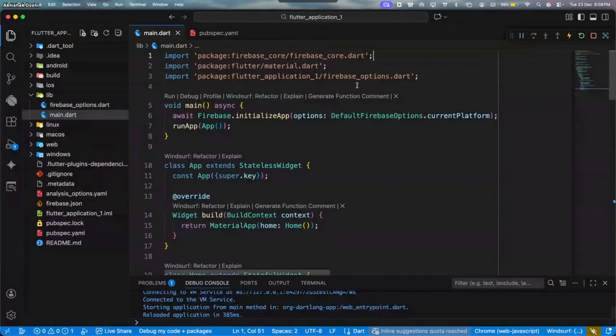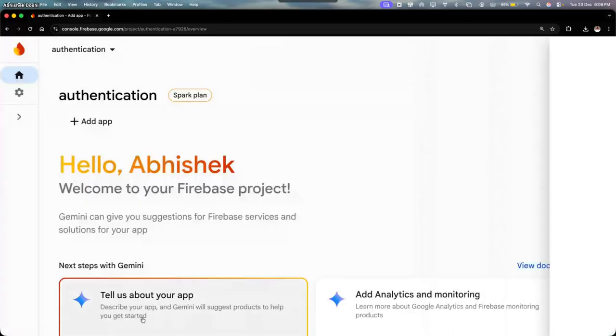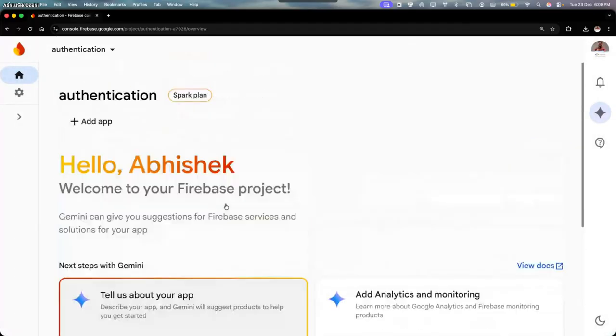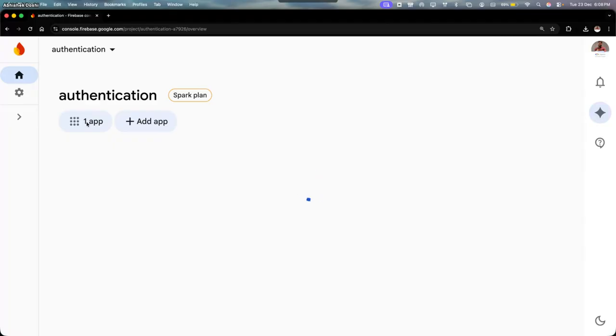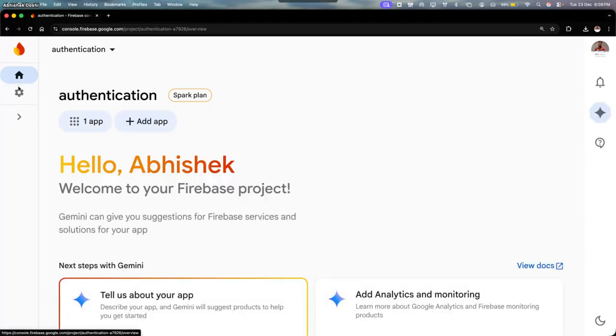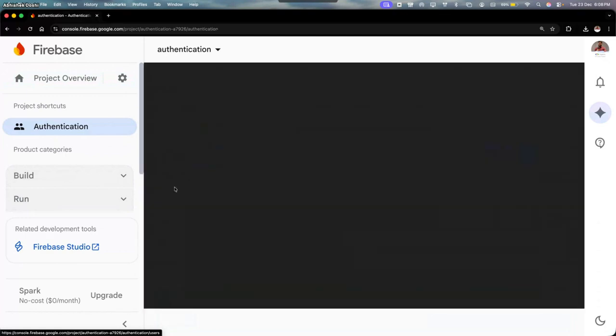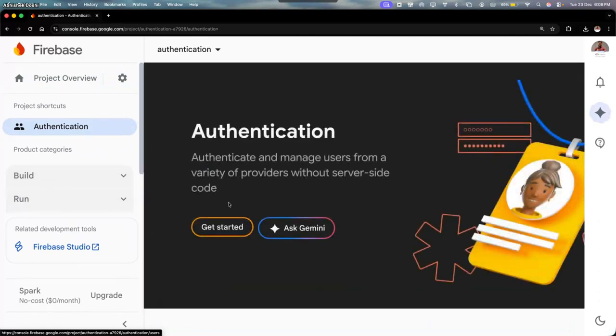Now, once we have our project, let me open the Firebase console again, continue to console, and refresh the page. You will get one app here. This is the web app that you created. Now go to Build, Authentication, Get started,